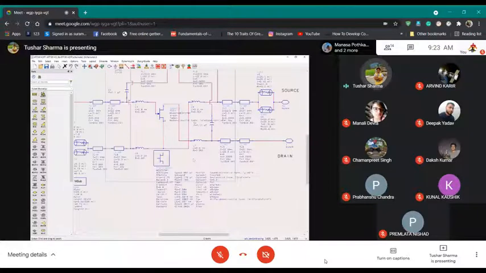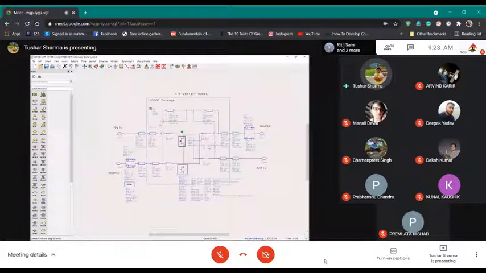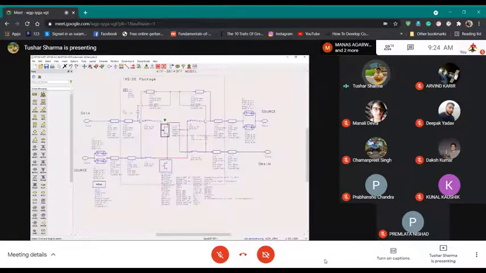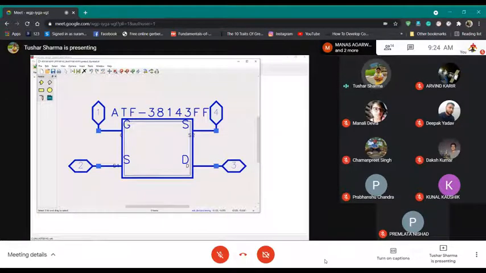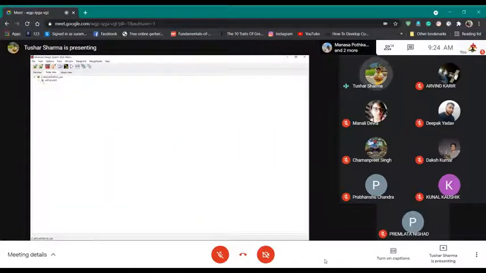What they have done is this is like a current source, and then they have modeled the extrinsic and the intrinsic network and the package effects of the transistor using lumped elements, and you won't have to change anything inside this. This is already a model which is created. It also has a symbol which has a gate, drain, and source. So this transistor we will be using.